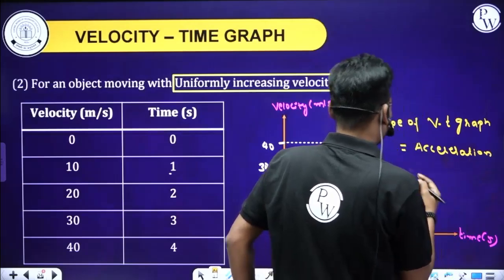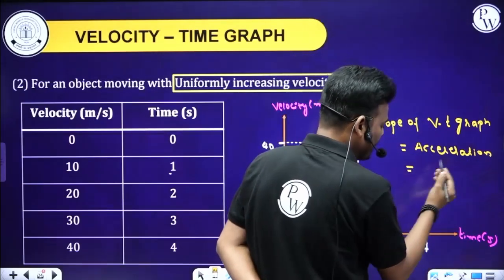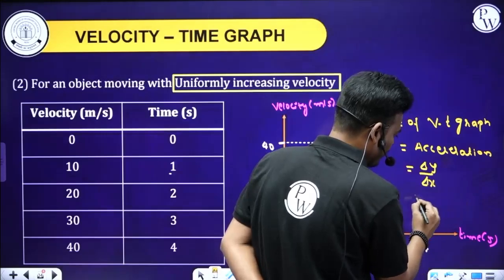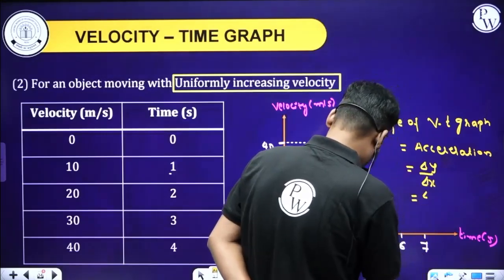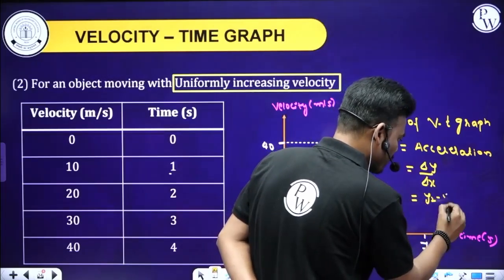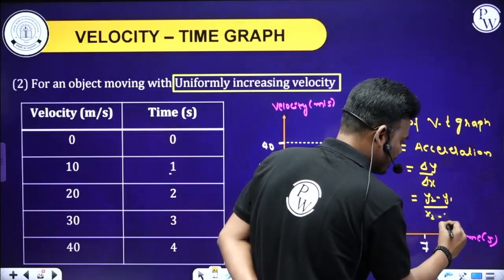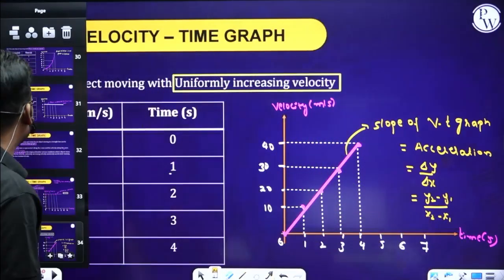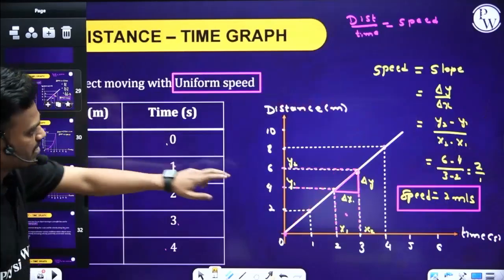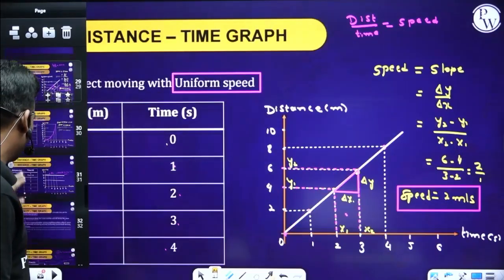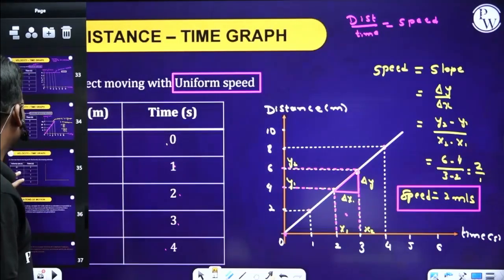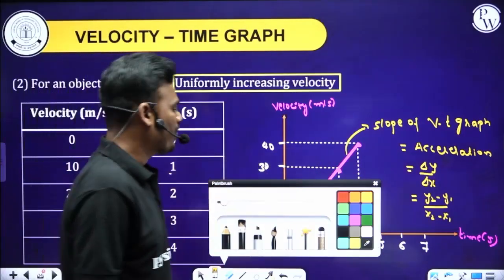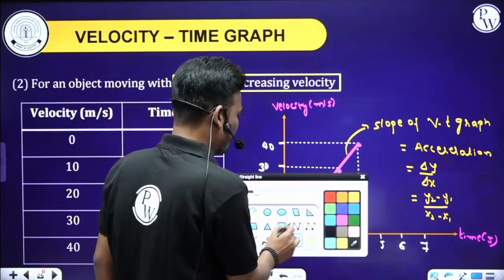How to find out the slope? Slope is given by change in y-axis divided by change in x-axis, or else you can write y2 minus y1 divided by x2 minus x1. We have solved one question with respect to distance versus time, right? So this is how you can do it. Now, let's move on to the last question. Before that, the slope of the VT graph gives you